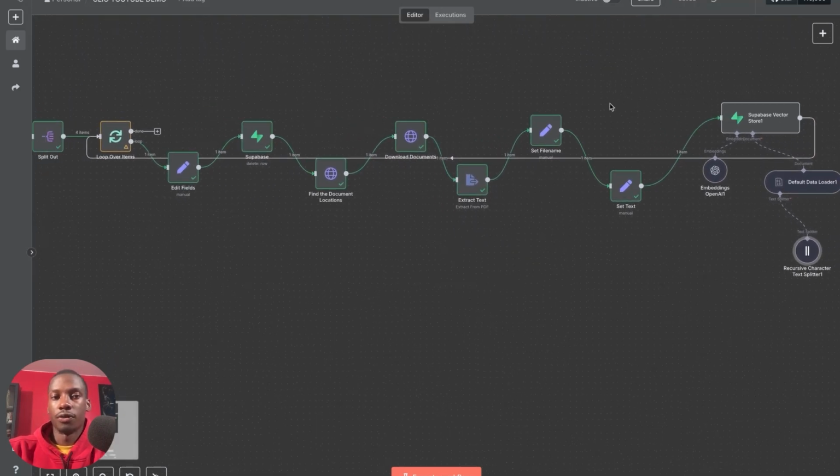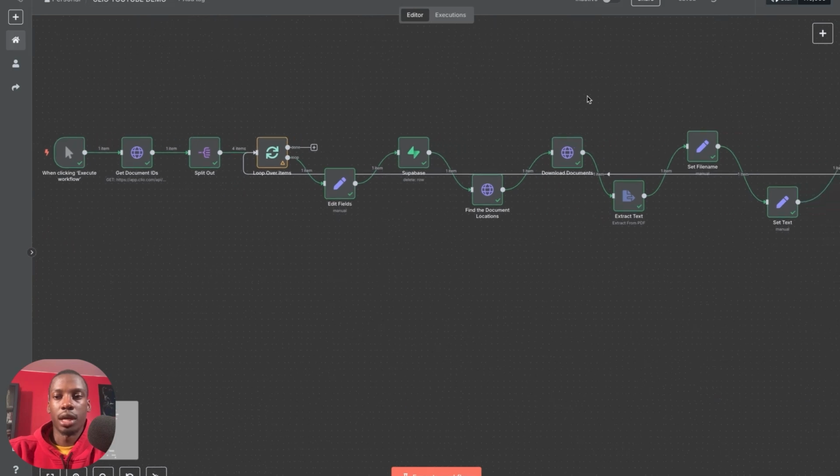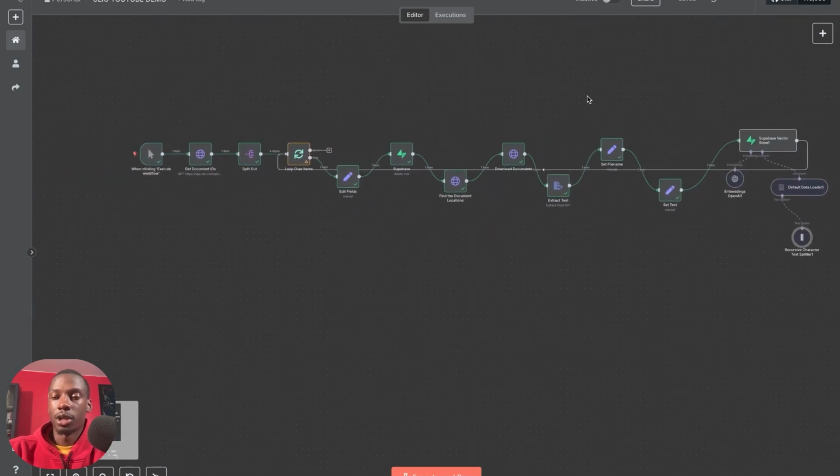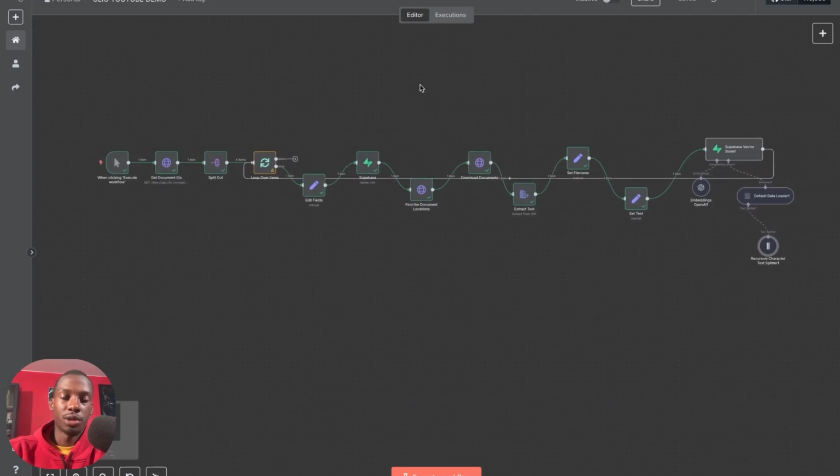And with this workflow, I should be able to run this and take my documents from Clio, upload them to a vector store, so that then I can put an AI agent on top of it and begin to ask questions about my vector database. So if I click execute,